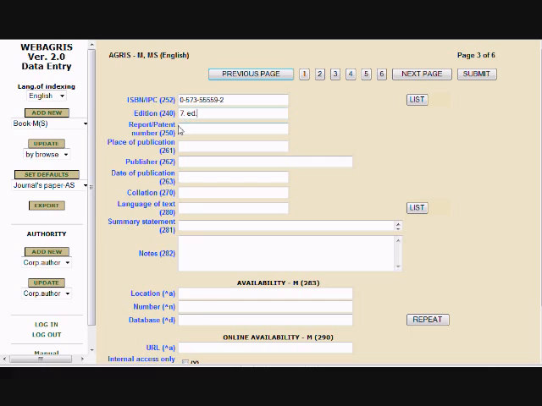Place of publication. Enter in this field the place and country of the publisher as indicated on the document. For example,